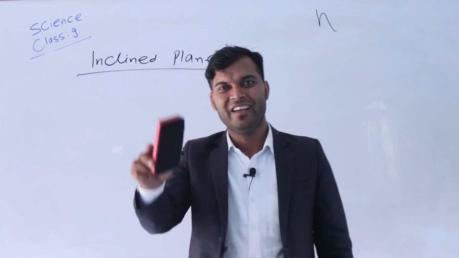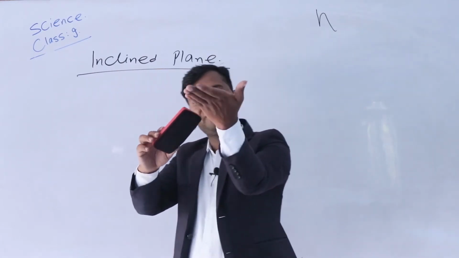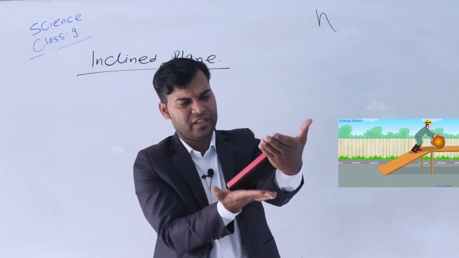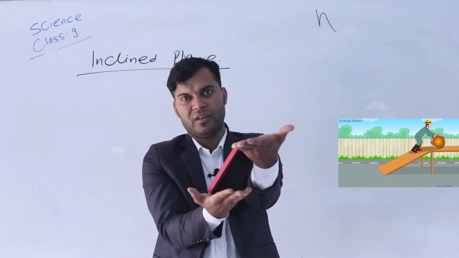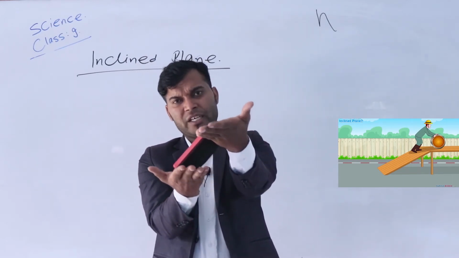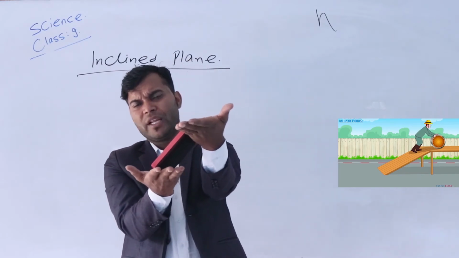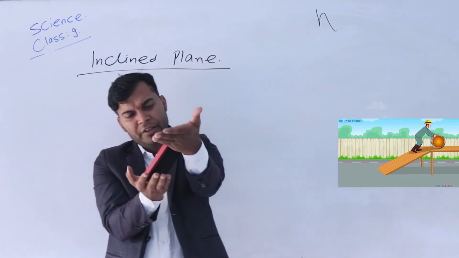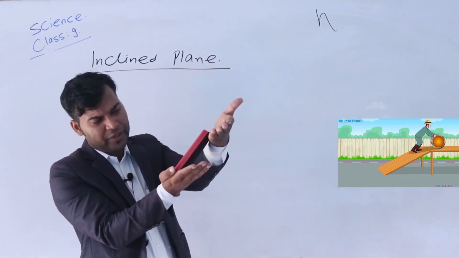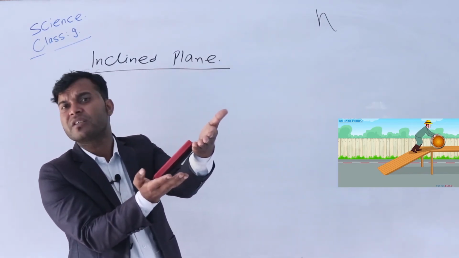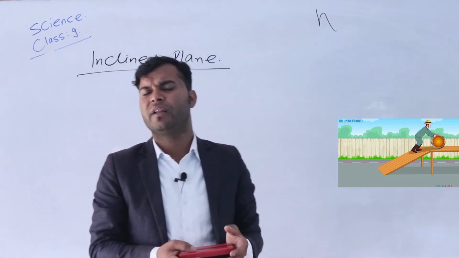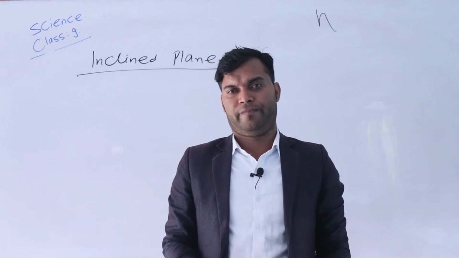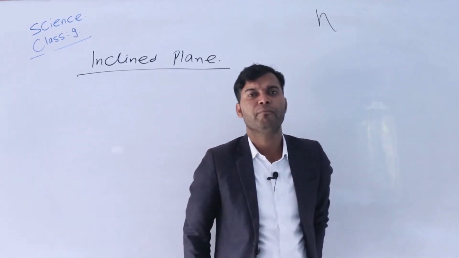Look here. This is the horizontal, my lower end is the horizontal part, isn't it? This duster makes a certain angle with my lower end. This duster is called the inclined plane. Mostly, mountain roads are an example of an inclined plane.